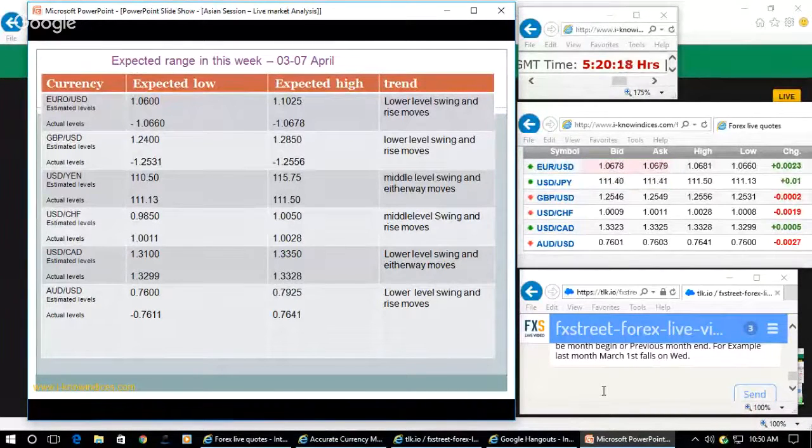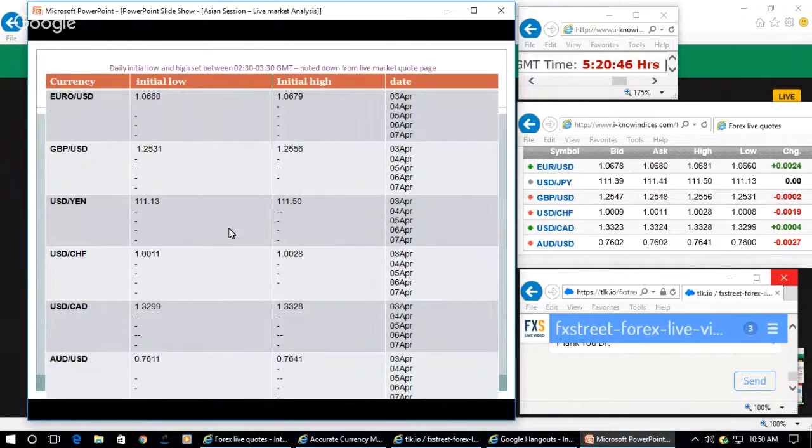Always keep in mind they continue to make the contrarian moves, regular US dollar weakening, regular US dollar strengthening moves, alternatively. So you should be able to differentiate them, using the net changes, and then understand how the players intend to make the moves by following the type of moves they are doing in the market. For that, you need to know the initial lows and the highs, note that down on a daily basis, and make use of it for your reference.